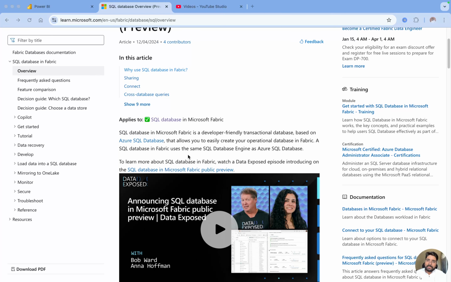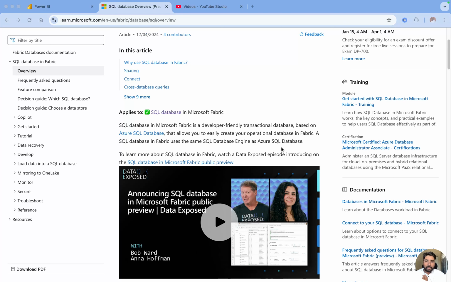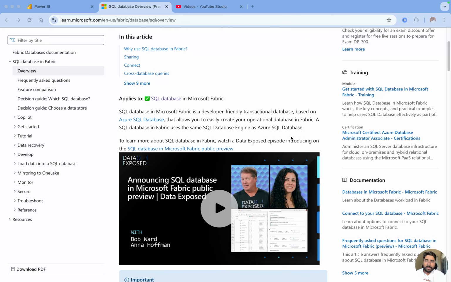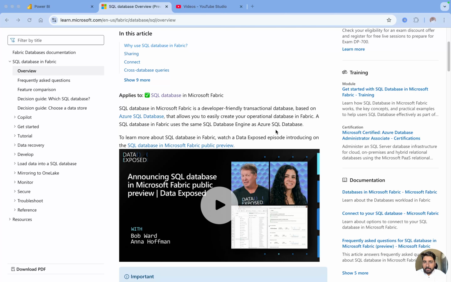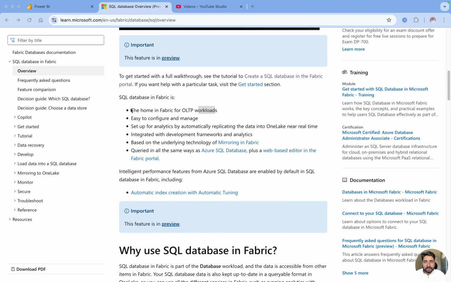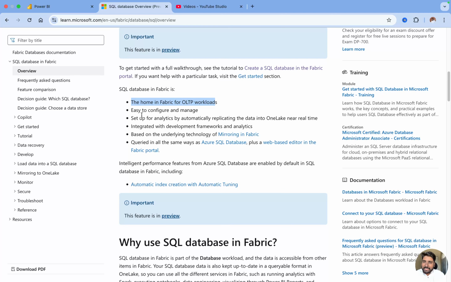A SQL database in Microsoft Fabric is a developer-friendly transactional database based on Azure SQL Database. If you're looking for a transactional database in Fabric, we have an item called SQL database, and that uses the same Azure SQL database engine. It is basically used for OLTP workloads, online transactional processing workloads,